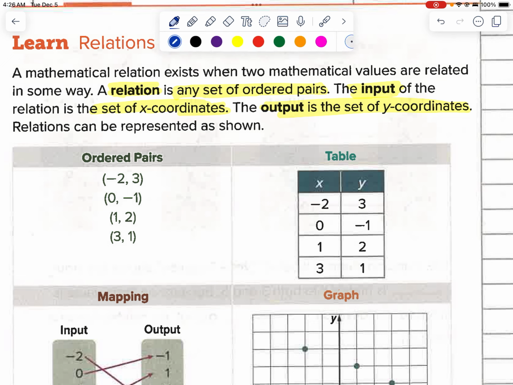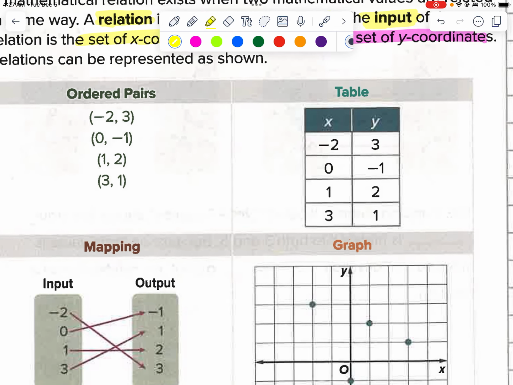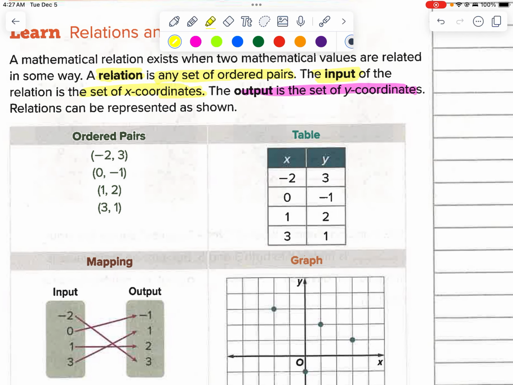Actually, you know what I'm going to do? I'm going to change this a little bit and make this, oops, I did not mean to do that. I am going to highlight this in a different color. Okay, so, sorry about that. So I am going to